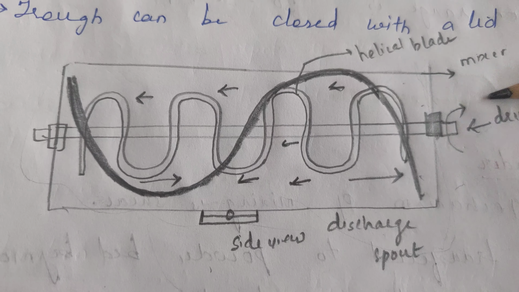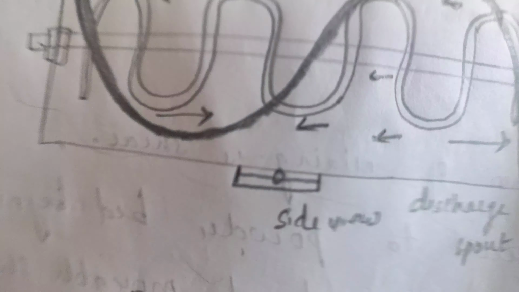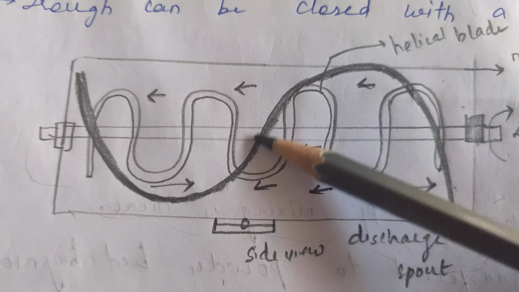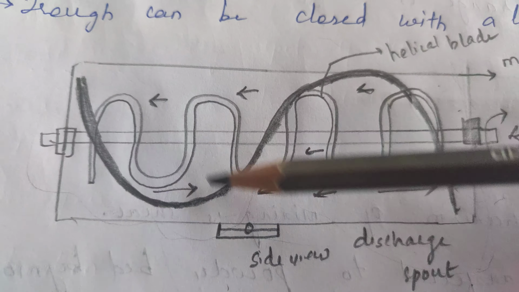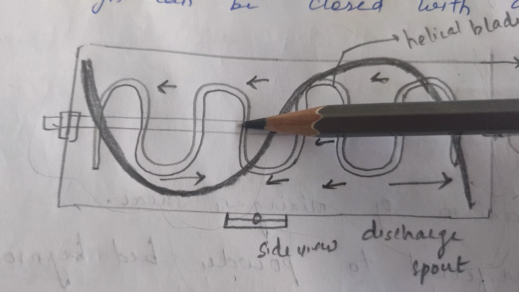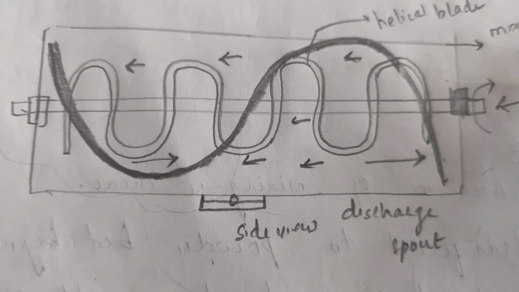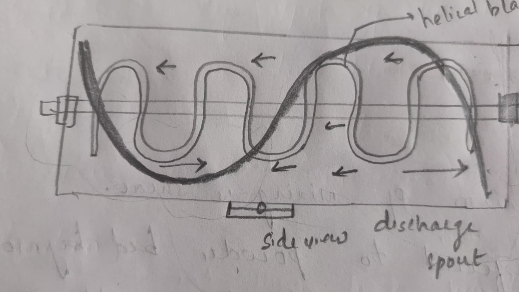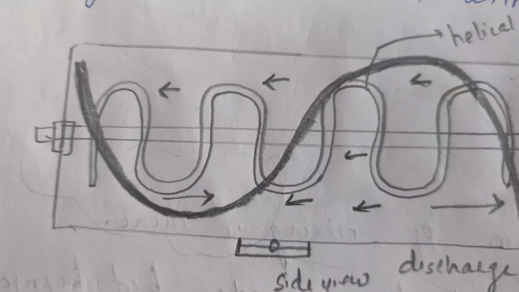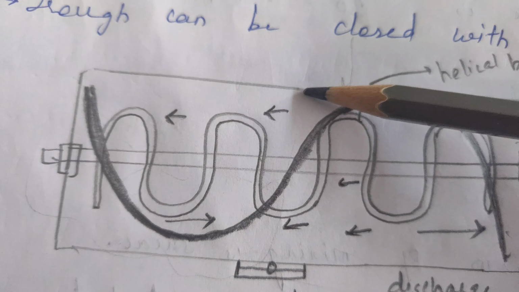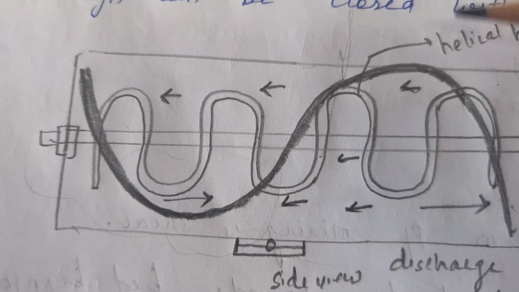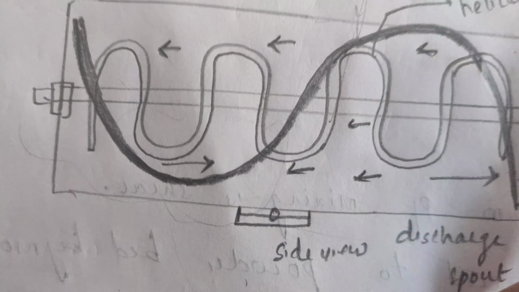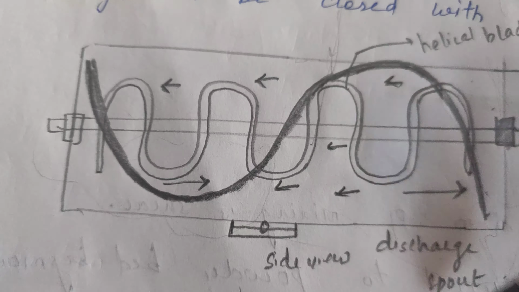To this shaft we have two helical blades, helical shape or crisscross shaped blades, fixed all along the equipment. Both ends of the blades are present inside the cylinder only. Now loading of the material takes place from the top. Whenever we open the lid, we load the material. After complete mixing, the material can be discharged and collected from the bottom.